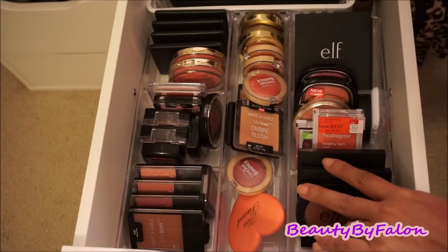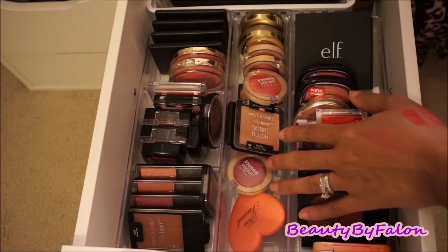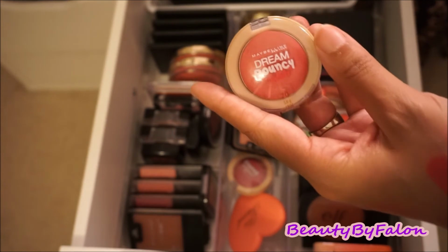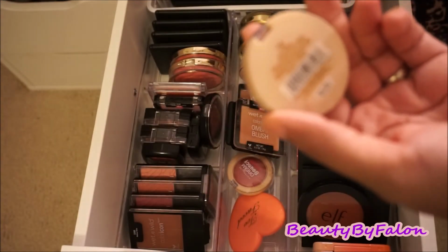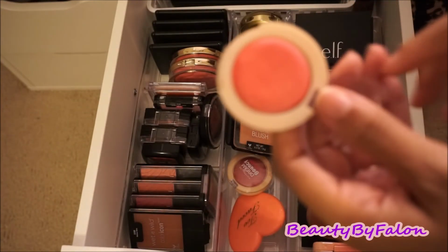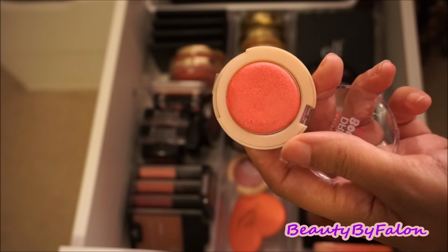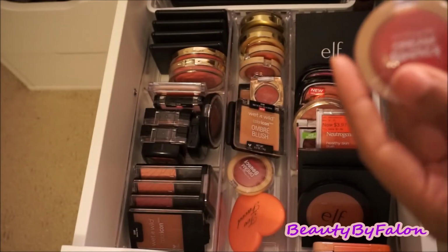Blush. Let's see. I want to go with something different. I'm going to pull this one. This is the Maybelline Dream Bouncy Blush in the shade Hot Tamale. I really like this, so I'm going to use it. I like to use it like opening it up and then bounce it on my cheeks, so it really looks nice on foundation. It's very pretty. So I'm going to pull that one,